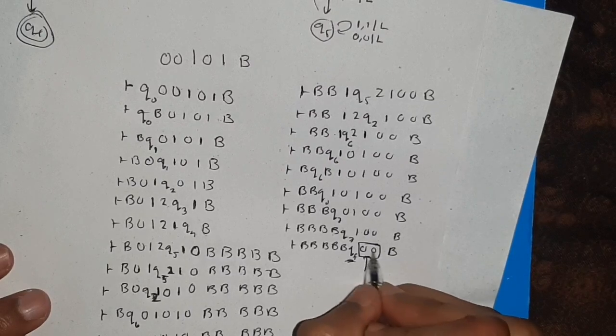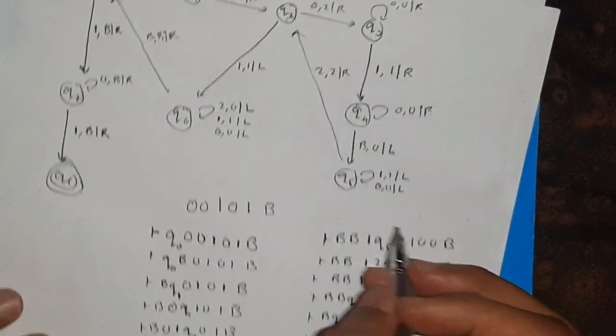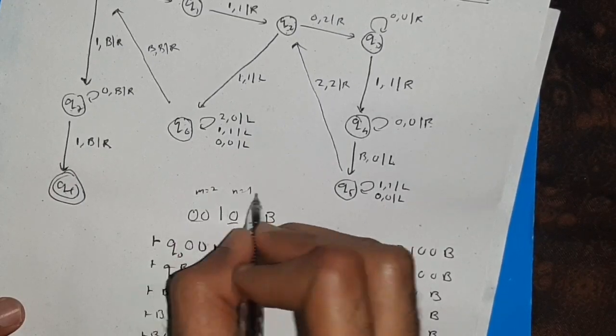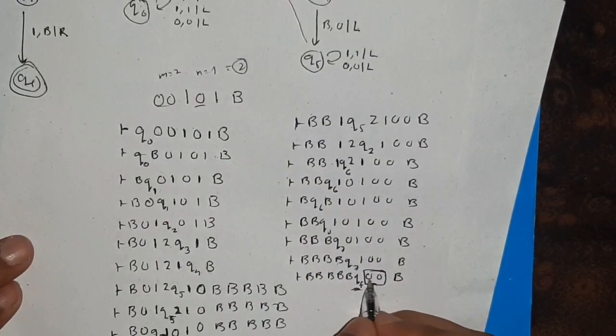How many zeros are there? 2 zeros. Okay, what was the number I had taken here? 2 zeros, so m is equal to 2 and n is equal to 1, so 2 ones are 2. I have 2 zeros here. Okay,